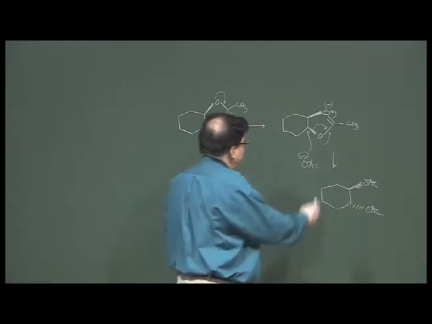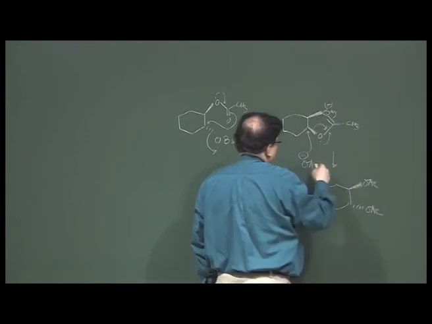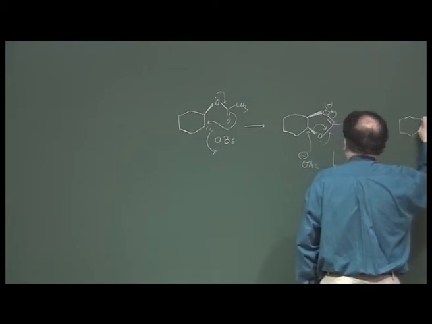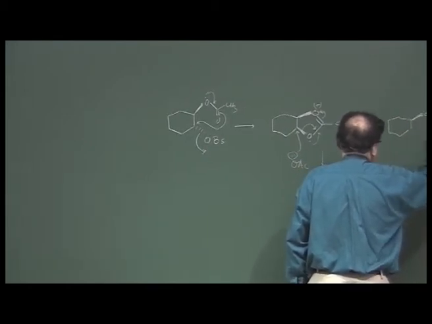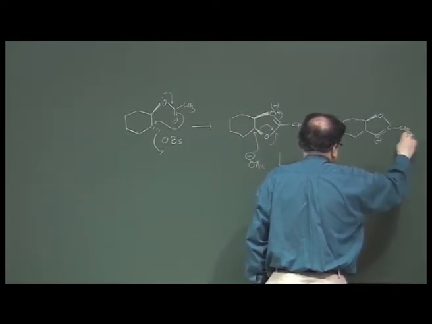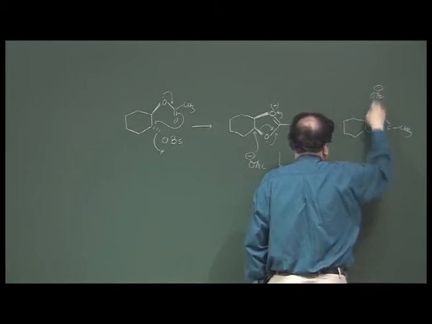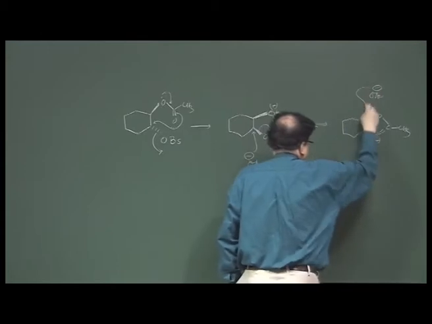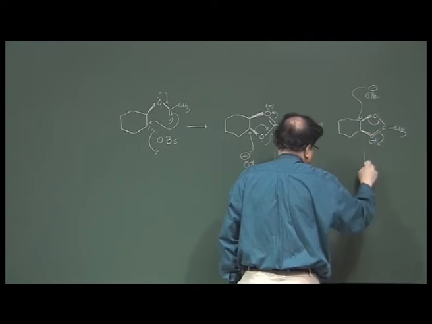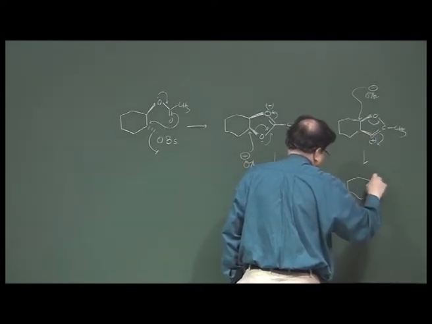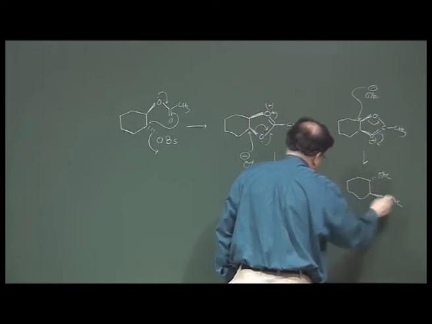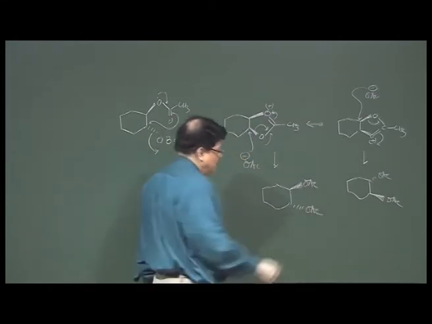You can also think of that because there is no distinction between these two oxygens here. If you write the other resonance structure, so you have O, then C, then here it is the O plus, this is CH3. Now, if the acetate attacks the other carbon, because there is no distinction between these two carbons, it can attack here, that goes there, that goes there. Okay. Remember, this is beta. So, now you have the same situation, OAC and OAC, they are trans to each other. Since this is a C2 symmetric molecule, these two molecules are the same.